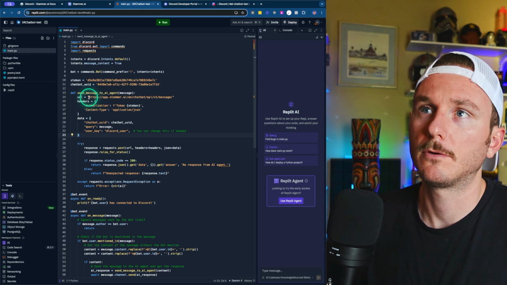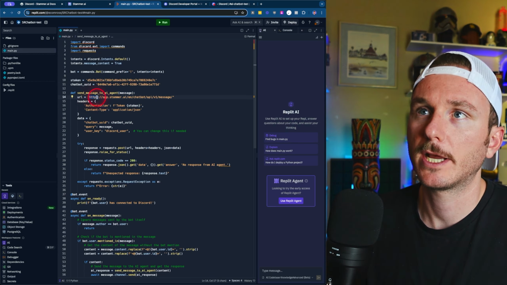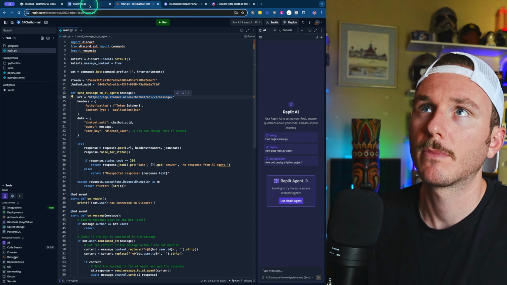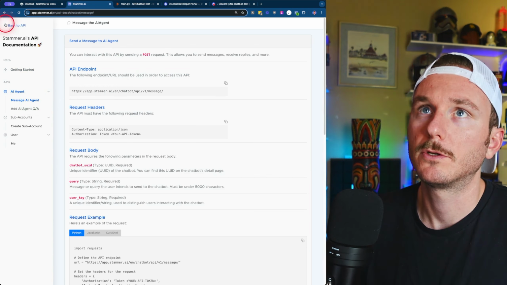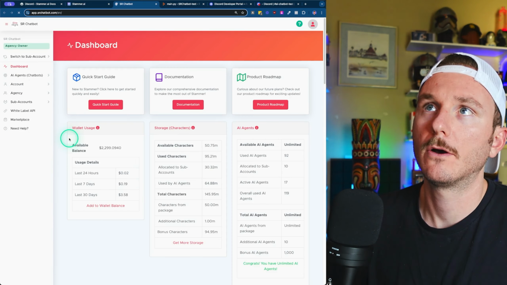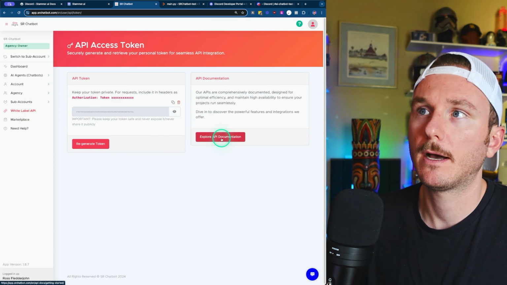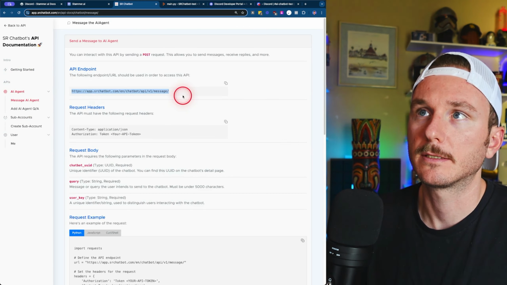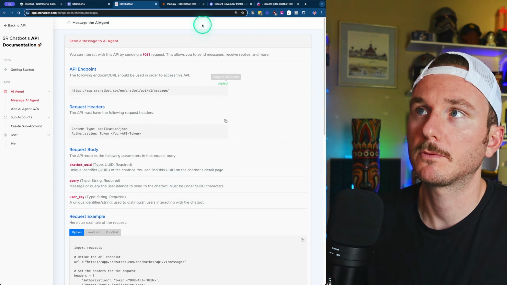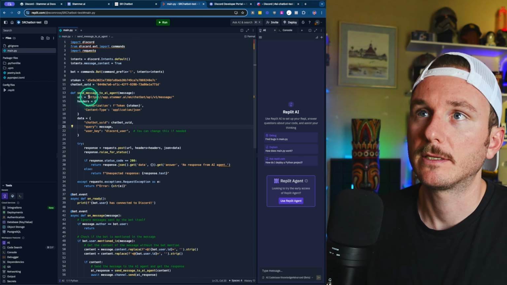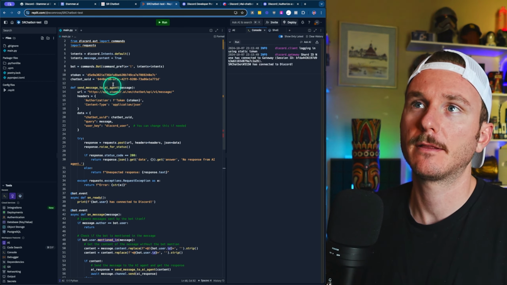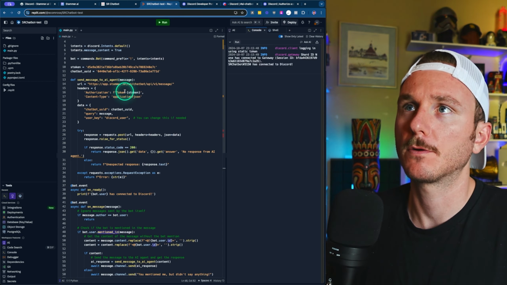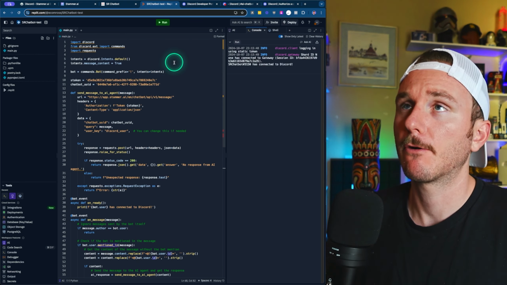The only other optional one that we can update or change is the URL right here. And that URL is going to be the one that you find when you go to your white label version of the app and go into the white label API, and you'll see that there's this endpoint right here. And so you can copy this one and you can paste it in right here like that. So now that we've pasted in the 4 different items for our tokens and UUIDs,